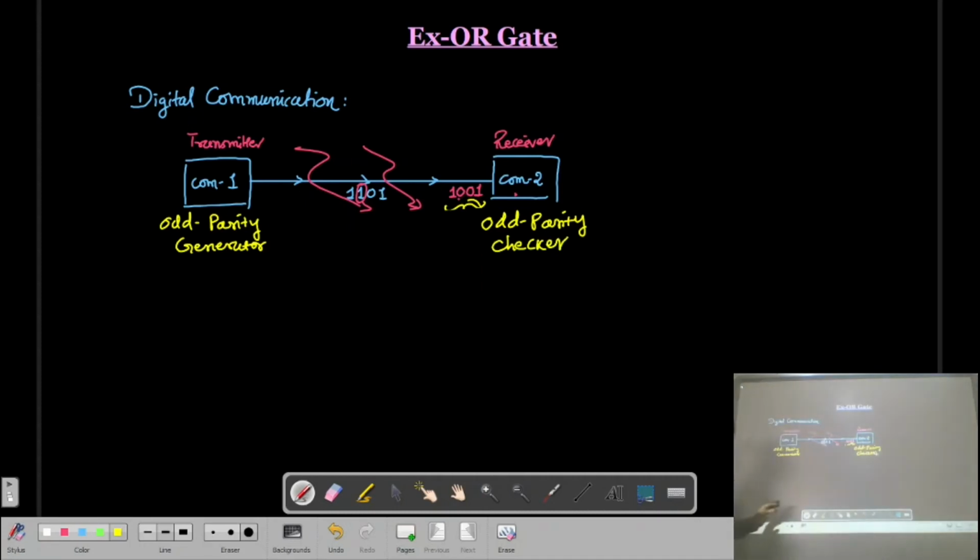Correct? So what is the odd parity generator? Normally the information, remember, is with the 8-bit data, like this.